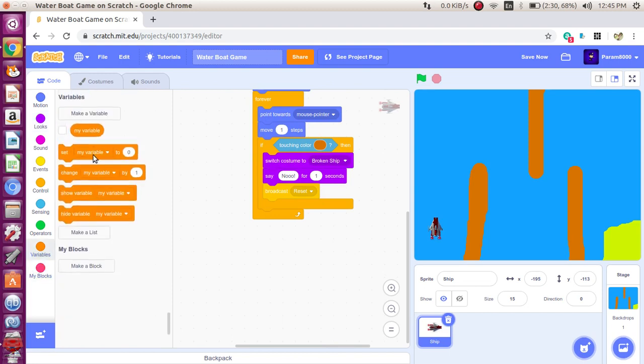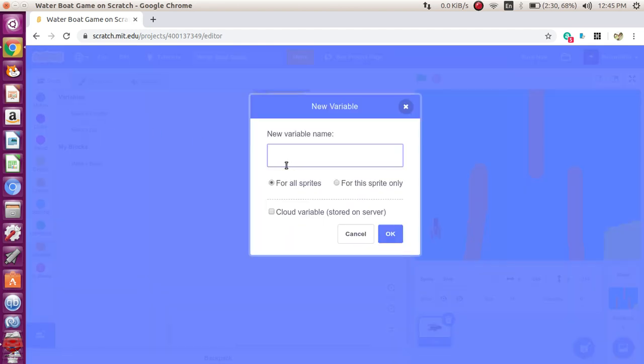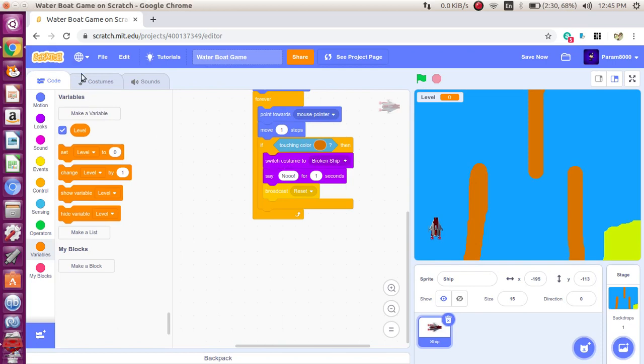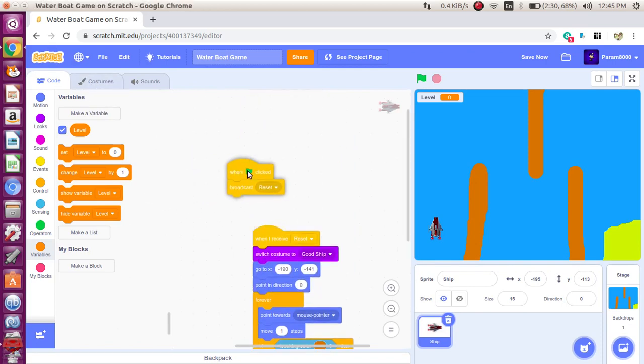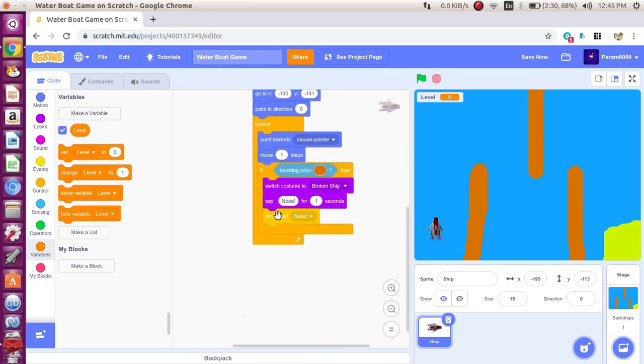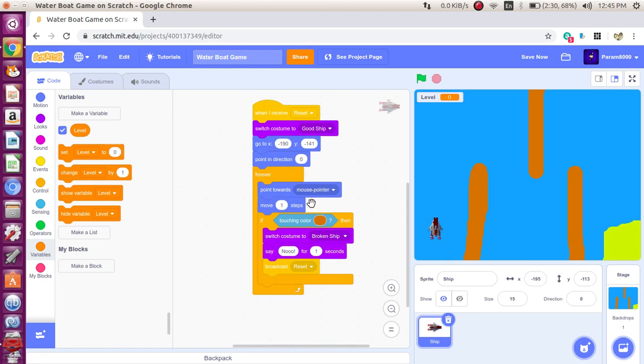So let's make a variable. I'll just delete my variable and then make a variable called level for all sprites. Click OK, and then say when the green flag is clicked, set the level to 1. And when I receive reset,